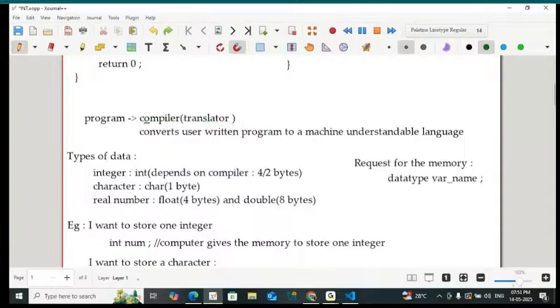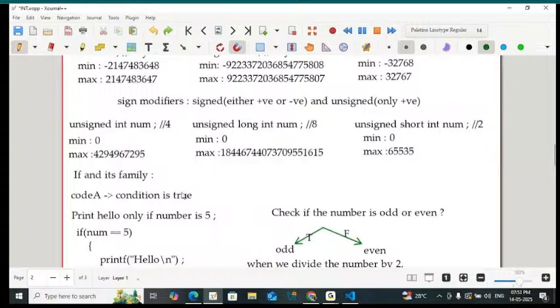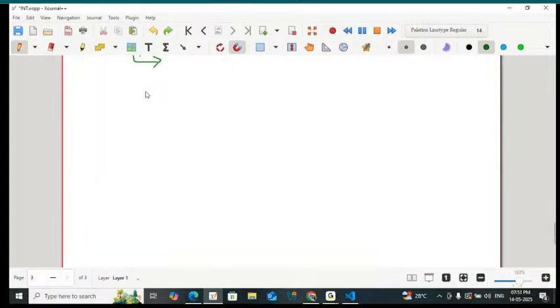While the program is being translated, if you make any syntactical mistakes, that is a compile time error. Any syntactical mistakes you make, you miss writing the semicolon, you miss declaring the variable, you miss closing the double quotes,